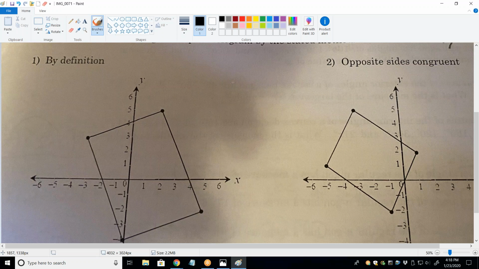Okay. Now we have to do the same thing for the left and right lines. If they also have the same slope, then we have a parallelogram. So the top right and the top left? Yeah, let's start with